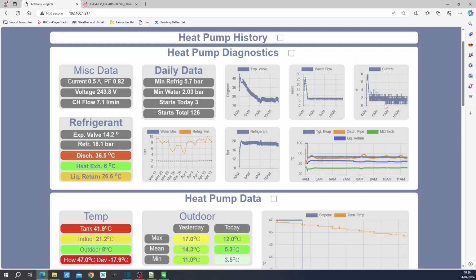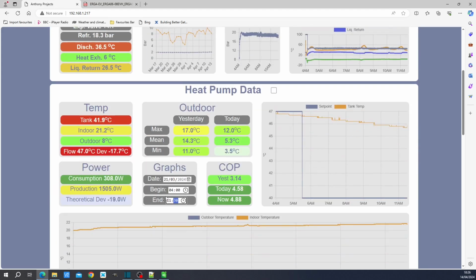You can see here the output for the current, it eventually hits 0.5 amps. And 0.5 amps is actually the minimum, which I find. Sometimes it stubbornly sits at around 1.3 amps. But in this instance, when it gets to 0.5 amps, it's almost like the flow has been unlocked, and we're getting a better output. If we have a look at this at 10 o'clock in the morning,